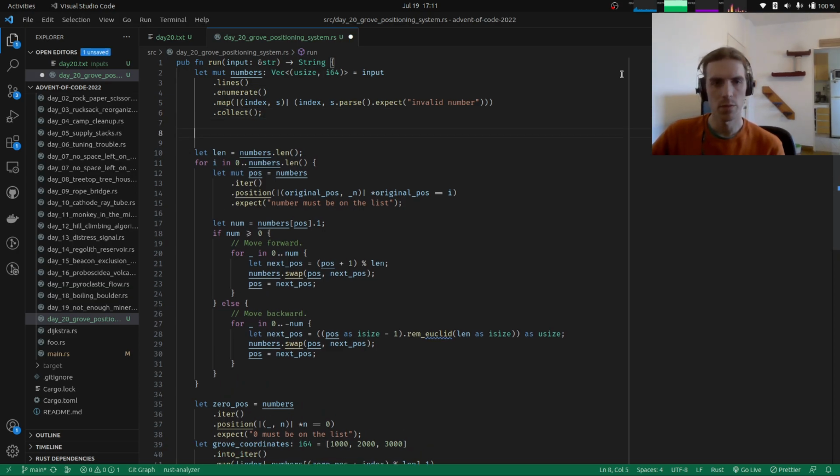So an alternative is using some sort of hash map, like a hash map of original number to a pair of numbers that says which one is the previous and which one is the next. And if you do that, well, still, you would have to advance